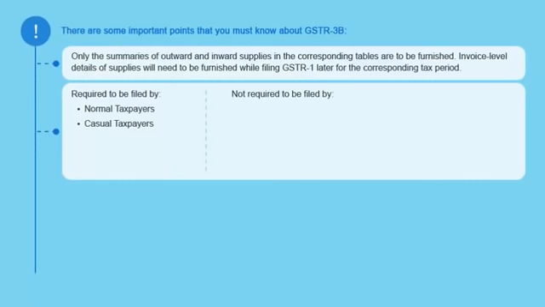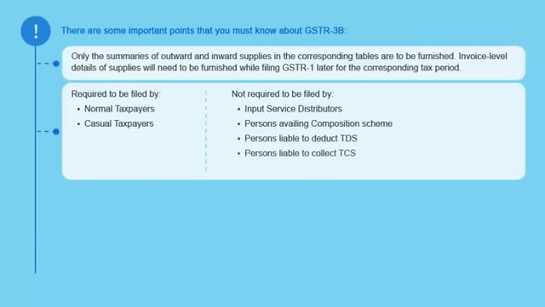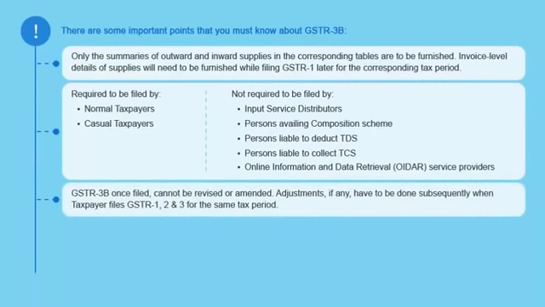It is not required to be filed by input service distributors, persons availing composition scheme, persons liable to deduct TDS, persons liable to collect TCS, and online information and data retrieval OIDAR service providers. GSTR3B once filed cannot be revised or amended. Adjustments, if any, have to be done subsequently when the taxpayer files GSTR1, 2 and 3 for the same tax